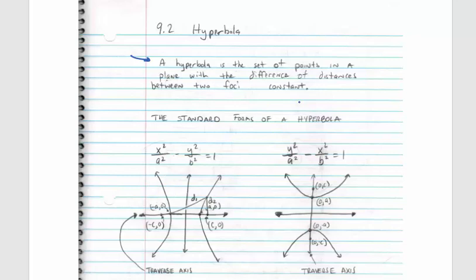Okay, so we have two standard forms of a hyperbola, and the difference is just the order of our variables. Notice if my x variable comes first, so I have x squared over a squared, similar to an ellipse, and then y squared over b squared, here we have a subtraction. In an ellipse we had an addition sign here, and since we're looking at a difference, this is a subtraction sign. So if our x term comes first, then we are going to be traversing some sort of